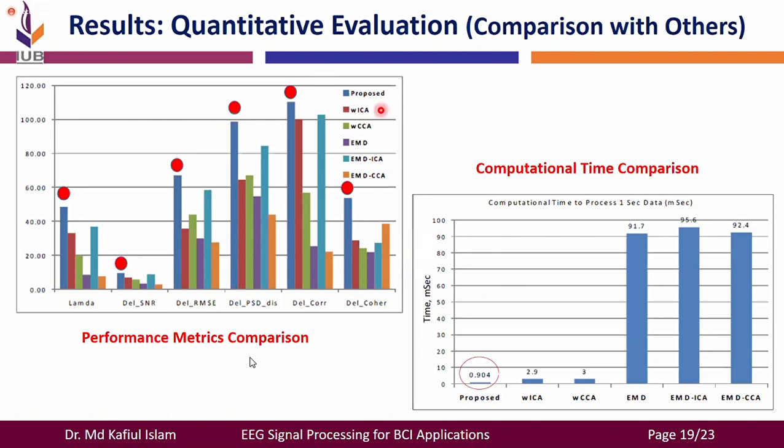And for the comparison, we have studied Wavelet enhanced ICA, Wavelet enhanced CCA, EMD, EMD ICA, and EMD CCA. And not only this performance, but what is most important for BCI application is the computational time, because BCI application requires real-time computation. We found that the proposed algorithm processes 1 second of EEG data in 0.9 milliseconds, whereas anything related to EMD requires more than 90 milliseconds. So you can easily see that it is 100 times higher